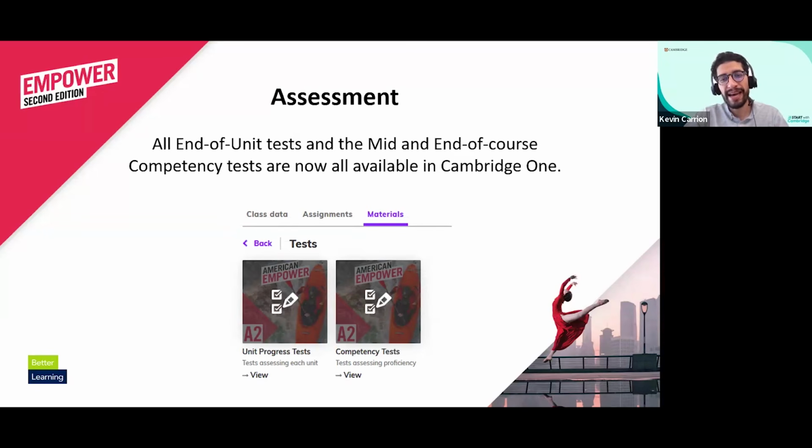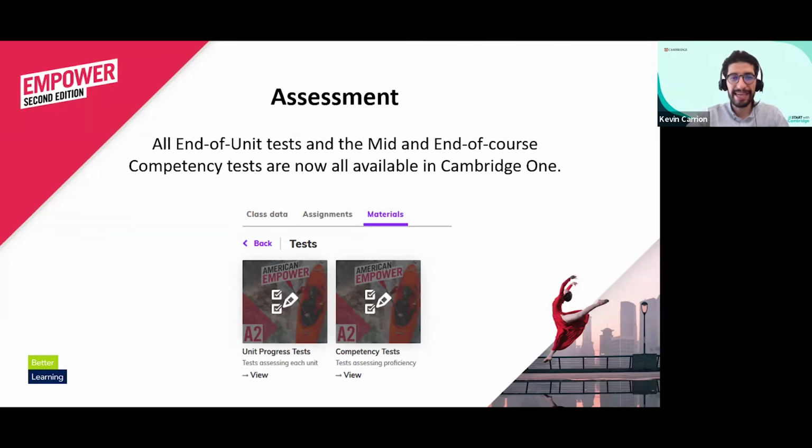Now, just to mention, unit progress tests have a focus on the vocabulary, the grammar, and the everyday English. So those 3 points, like the functional language, let's say, are the things that are covered in the unit progress test. And on the other hand, you have competency tests. These kinds of tests are focused not on the systems like grammar, vocabulary, and functional language. They focus on the skills. So we have sections for the 4 skills: speaking, writing, reading, and listening. So these are competency tests.